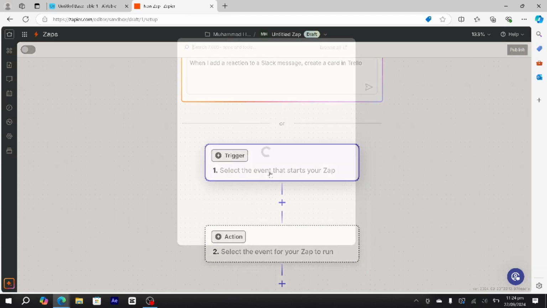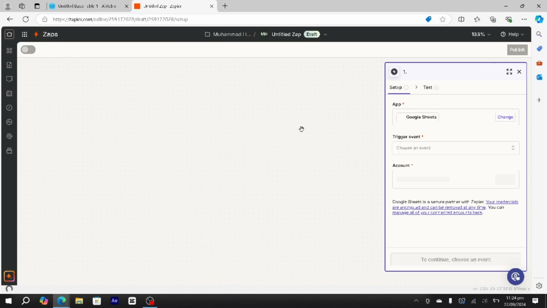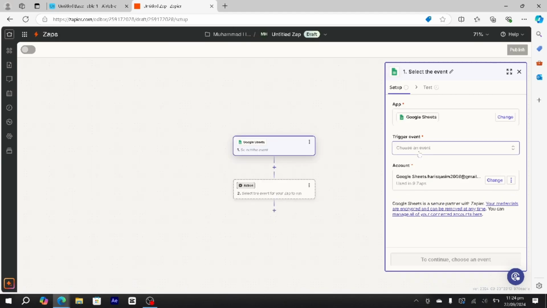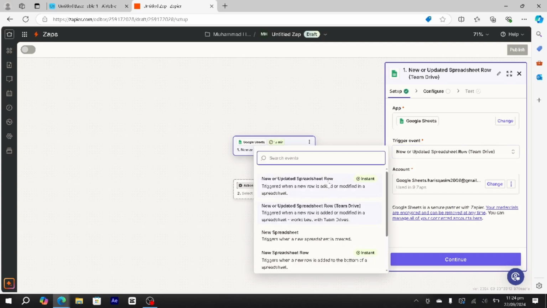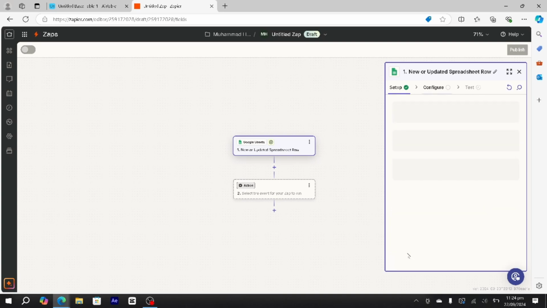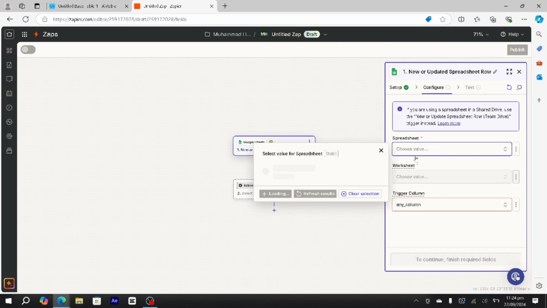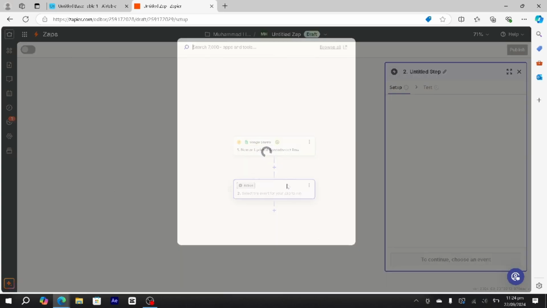Simply click on trigger and select Google Sheets. In this case, in the trigger event, select new or updated spreadsheet row, which is what we want. Actually, this is the team drive. You can select the first one, this instant one, and then press continue. Here you can select the spreadsheet that you would like to use. Simply select the spreadsheet, and once you select the spreadsheet, simply click on the second module, the action module, and